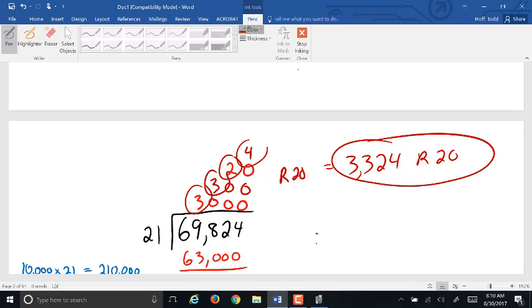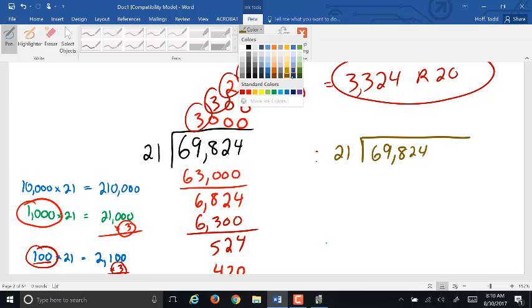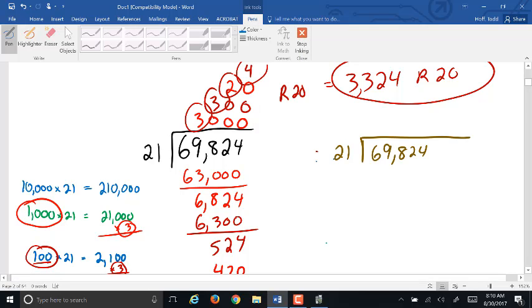Now you might be looking at that thinking, that looks nothing like what I was taught for long division. It's actually exactly what you were taught. It just looks very different because you were taught a very extreme abbreviation of this. What we were taught to do,